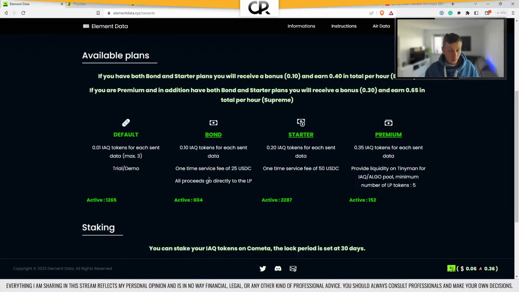Yeah. Now, in addition to that, other than the bond plan, there's still the option to pay the 50 USDC service fee, which also again goes to the founder. Now we get to a few important parts here in a second, and the liquidity token. So the project took away any way for you to actually earn or participate without investing. Yes, you could theoretically participate, and the app would tell you that you have a balance of 3 eventually, but then you would have to invest those 25 USDC or 50 USDC or the 5 liquidity tokens, or a combination of that. Yeah. And that's for me like a huge alarm sign,